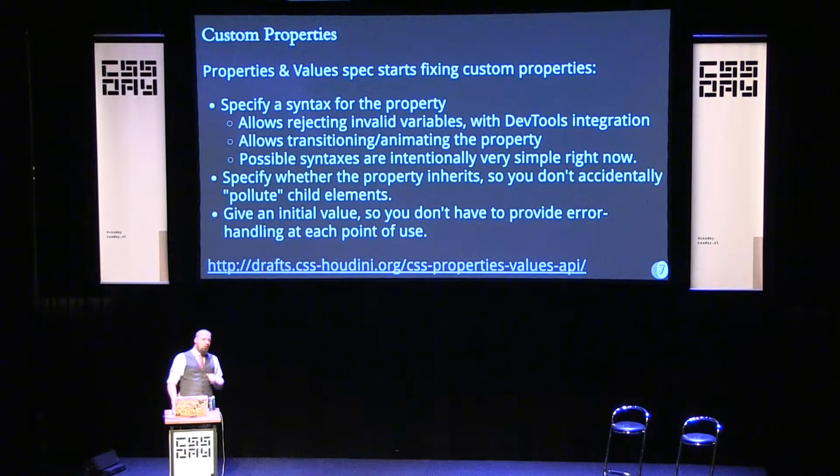Variables also today always inherit. You can't make them stop inheriting. You specify it on one element, and it automatically applies to all the children, grandchildren, et cetera, below that. But if you look at CSS, most properties don't inherit. Anything that applies to text does, but if it applies to an element, like a padding or a border or anything like that, those don't inherit. You just specify them on one element, and children don't get that. If you want to do a custom property with that same sort of power, you're going to want to be able to turn off inheritance.